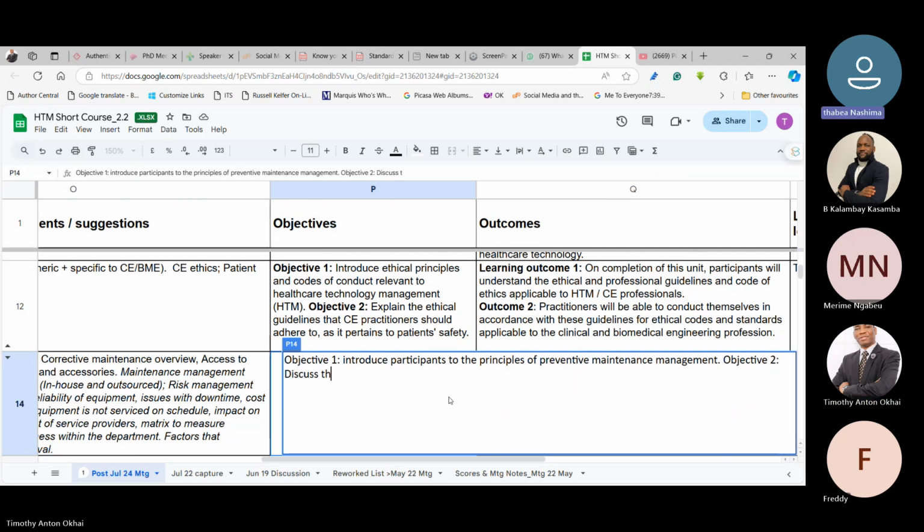I think it would be better if you put corrective maintenance and preventive maintenance together. Those two go concurrent, because sometimes after you've done corrective maintenance, then preventive follows, and vice versa. So those two work hand in hand. They're like brothers and sisters. So introduce participants to the principles of preventive and corrective maintenance management. Very good. And then the next objective would be to discuss